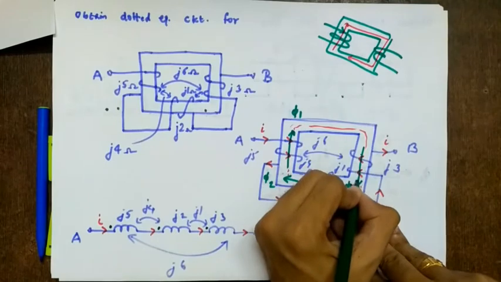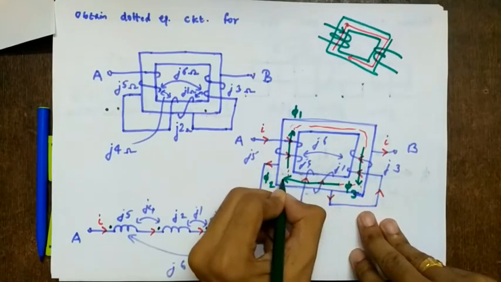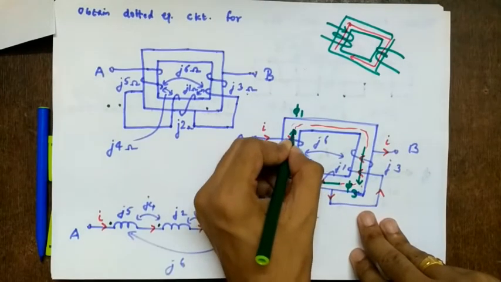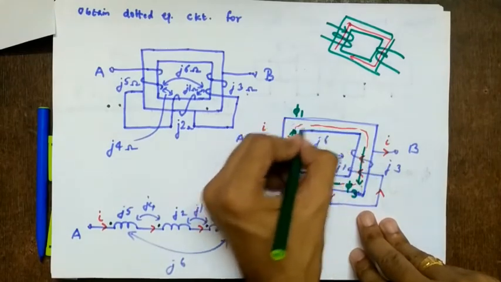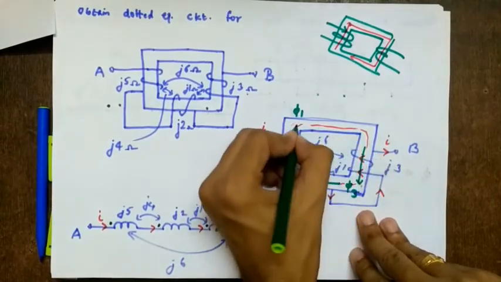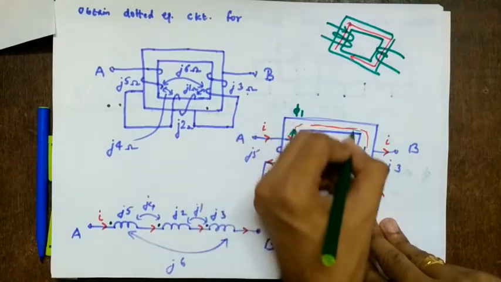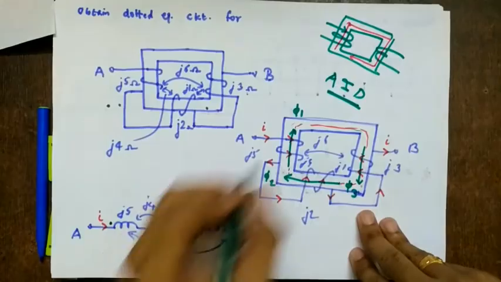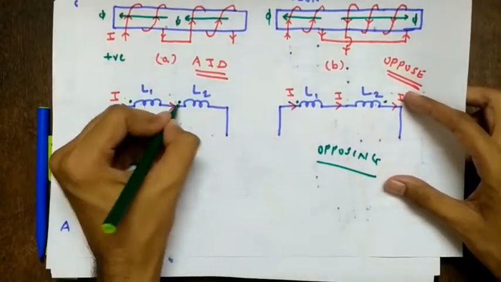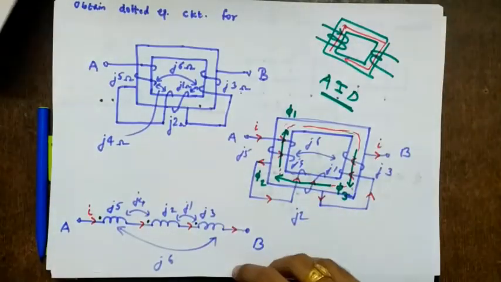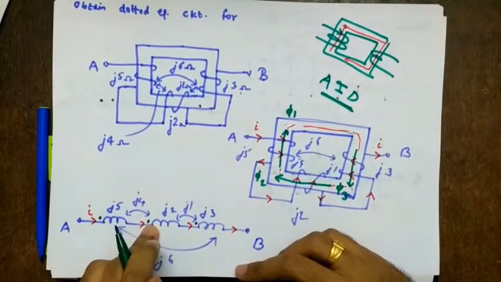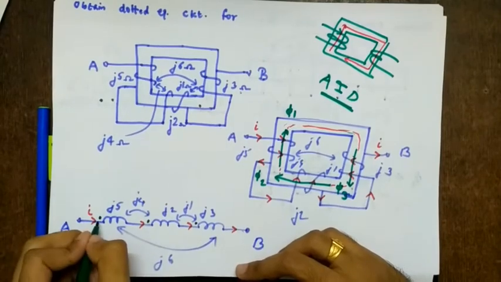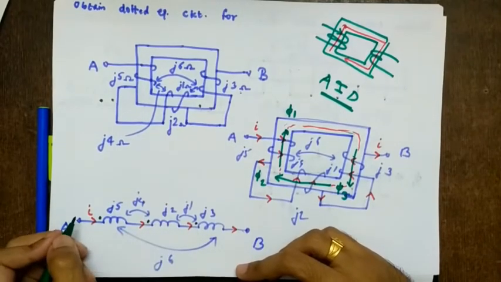It is going downwards. If I continue further, I am getting the same direction. Let's say I had one more inductor here. Its flux was like this, towards right. So again it is the same direction. So what we are getting is aiding, not opposing. Since aiding, what do we do? Again we saw here, for aiding, currents are entering for both inductors. So instead of 2, you have 3 here, entering for all 3. So this is the way we solve.